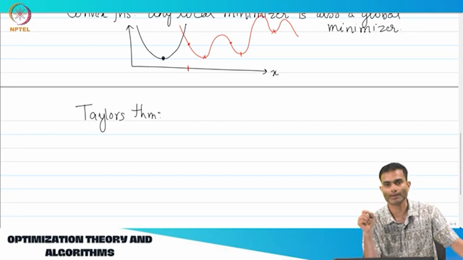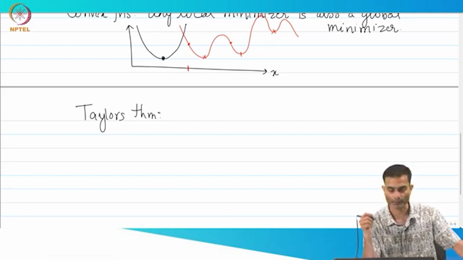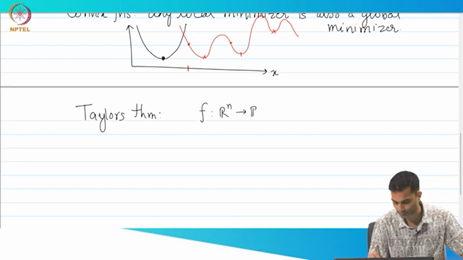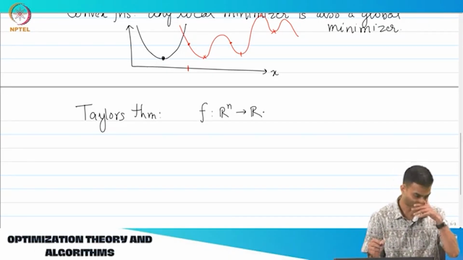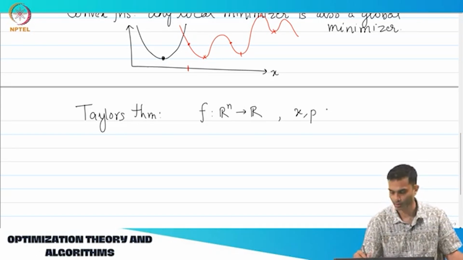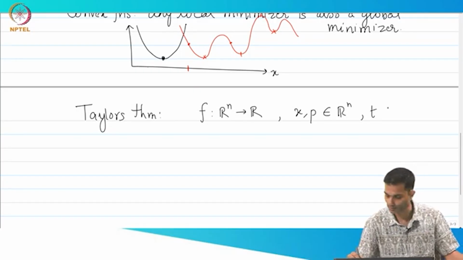Proof is actually not that straightforward, so links are there in the online notes for you to have a look at it, but I'm going to only state it. And I'm going to make life simple and start with a scalar function of multiple variables. So Rn to R is what my f does. Common notation is that I'm going to talk about 2 points which live in n-dimensional space, and I will work with a scalar